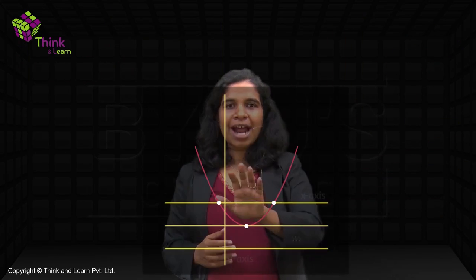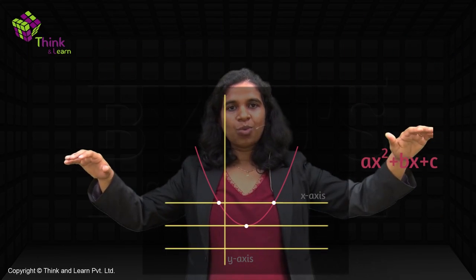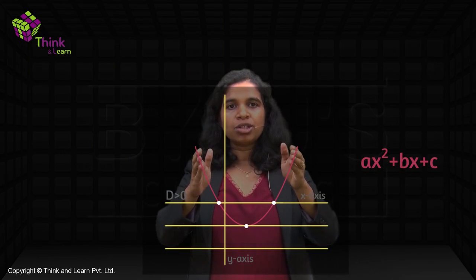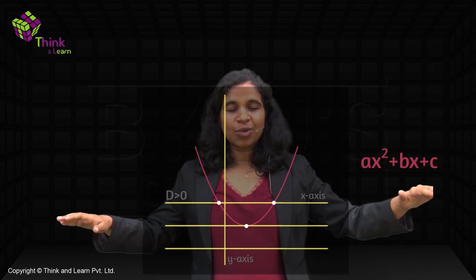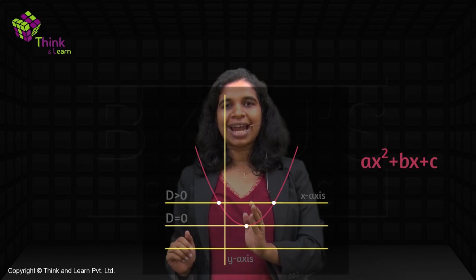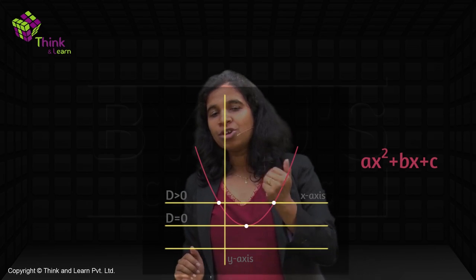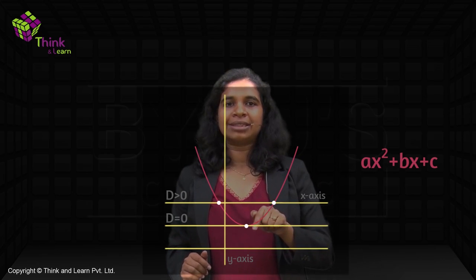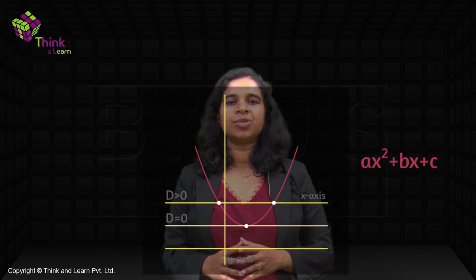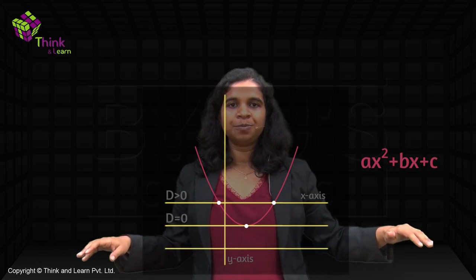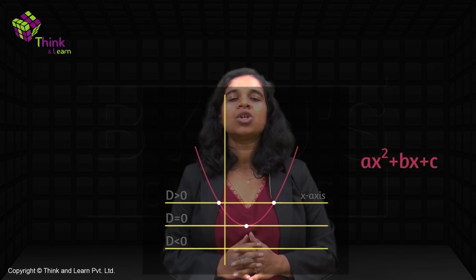Right? So coming back to our graph, this is the case where d greater than 0, two roots, real and distinct. This is the case where d equal to 0, it's tangential, exactly one root. We also know the value of that root, right? Because we know the vertex, right? The minimum point lies at minus b by 2a. And finally here, when d is less than 0, there are no real roots.